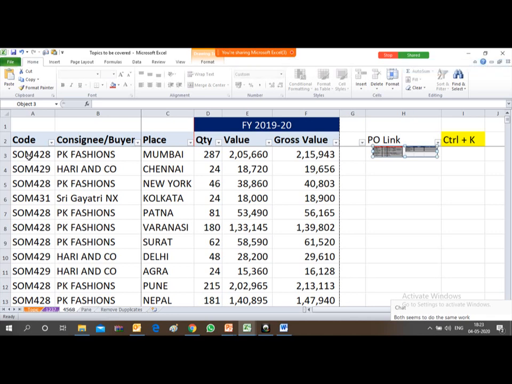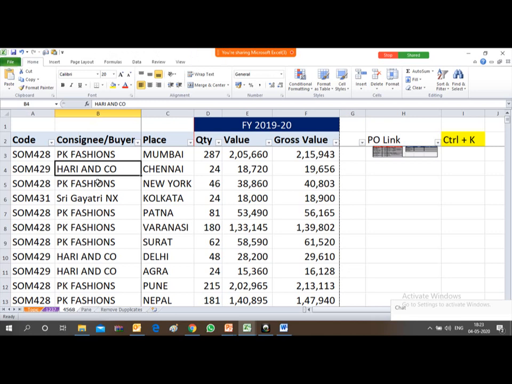You can find it easily by using conditional formatting, or COUNTIF, or by using Remove Duplicates also. For the timing, I am just showing you whether any duplicate values are appearing in a particular column, with the use of conditional formatting. It's a very simple thing.